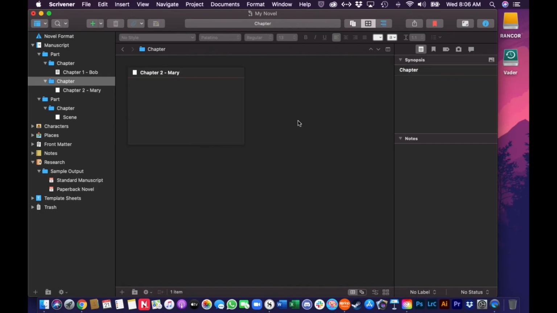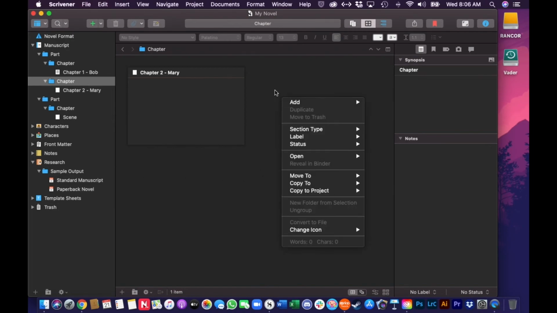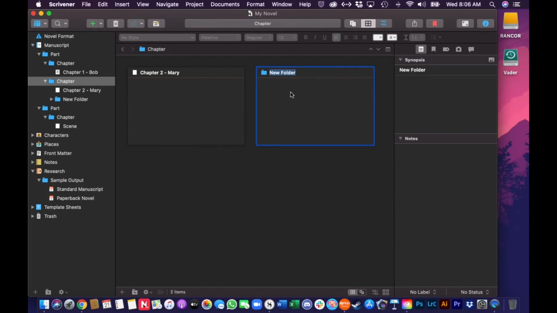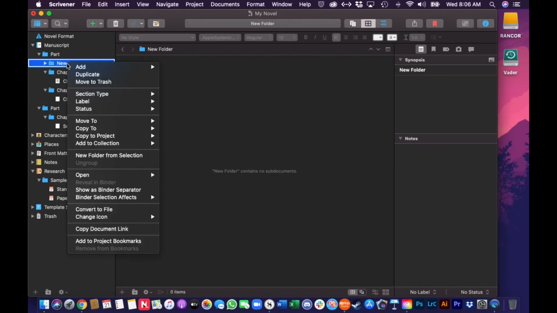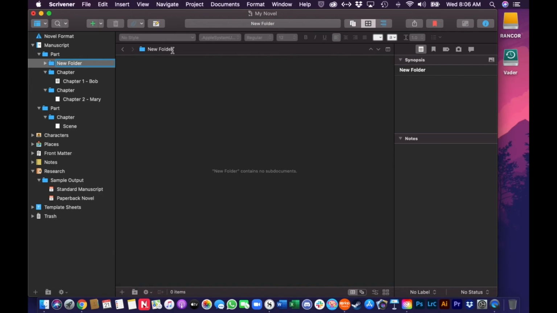Okay? So let's say that we have a chapter that is not a POV. Okay? So what we're going to do is I'm going to come over here, right click, and do add new folder. Okay? So this folder here is, notice it's inside this. I actually don't want it to be there. So I'm going to move it up here under part. And I'm going to rename this folder. Let's go here to prologue. Okay? Or because it is technically a chapter, you can call it a chapter and then come in here